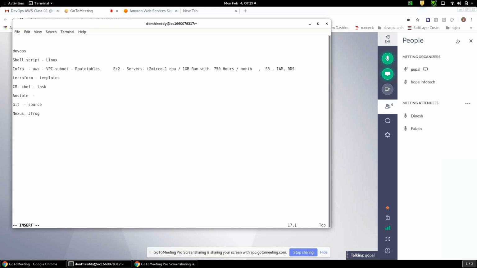Let me complete the flow, then your doubts will get clear. Whatever code the developer writes, the source code. For example, I'm a Java developer. I got some scenario, I write the code for that particular scenario, and I upload the code into the